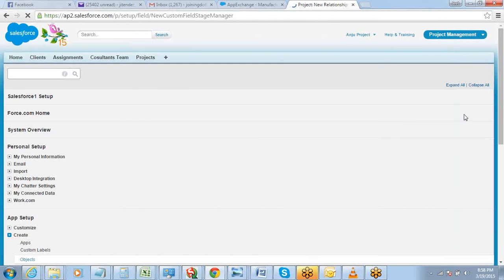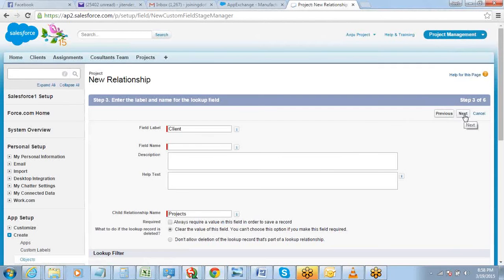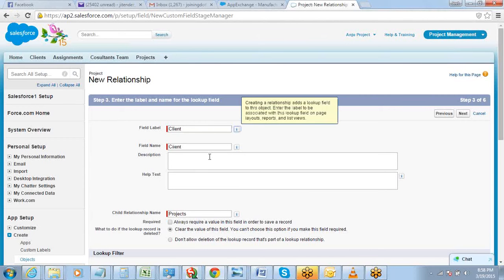The rest is everything the same. You give a label for the field, you define a name for the field, and a description for internal use if you have one. There's also a relationship name that you give. This relationship name is used for referring to that particular data from that object. This is more often used in programming. So just don't worry about that at this point of time.